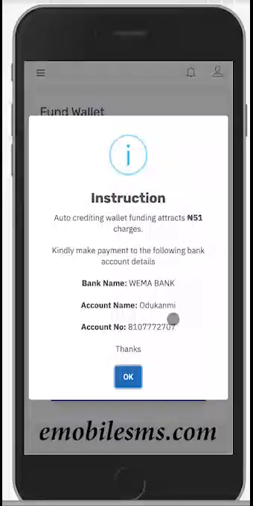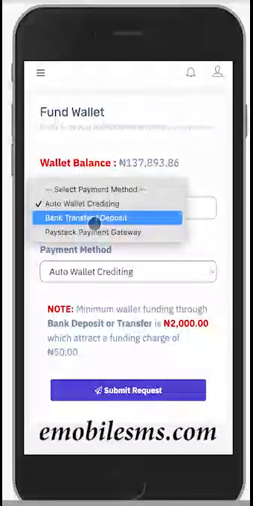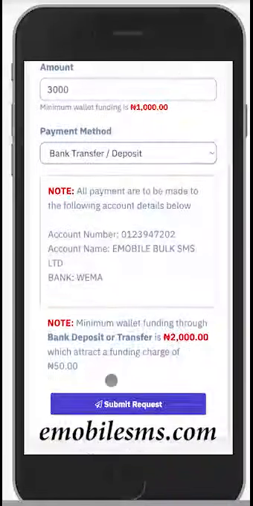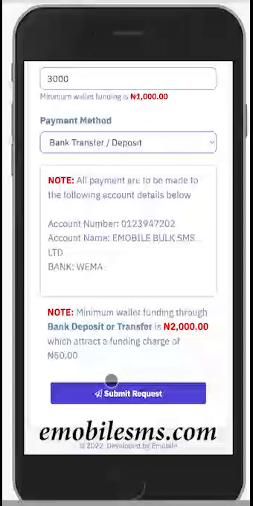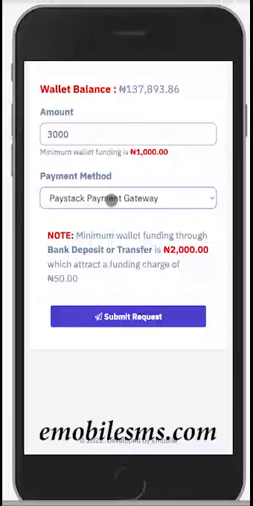This is your personal bank. This is your personal Wema bank, because when you send money to this, it automatically credits your wallet. It's a modified system that works automatically. If you don't want to use that, we have bank transfer, where you can see the company account number where you can send money to. And the third one is the Paystack payment system, which allows you to make payment